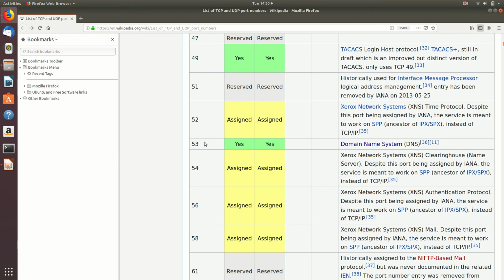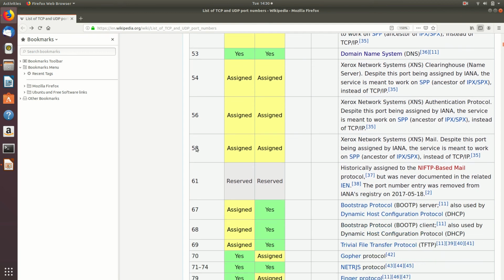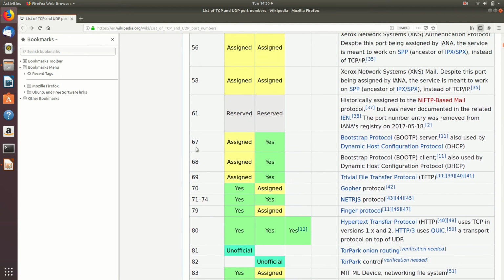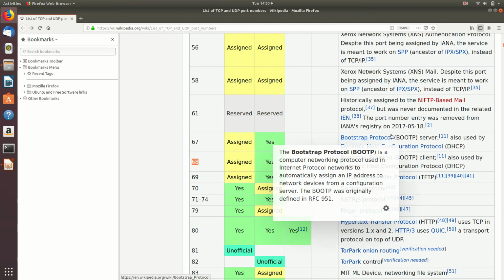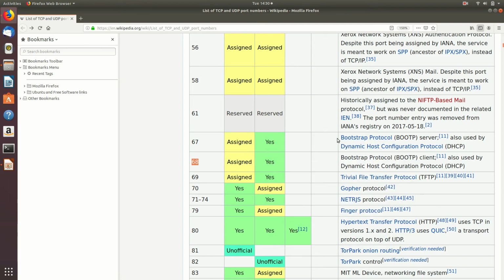Let's continue. So we were seeing 53, the domain name service. Another one you can remember is 67 and 68. Port numbers 67 and 68 are used by the BOOTP protocol and DHCP. We already saw BOOTP and DHCP in the 5th module, right? They serve the same purpose as reverse ARP. But reverse ARP is a network layer protocol, whereas BOOTP and DHCP do the same as application layer protocols, so they can do it in a more efficient way.